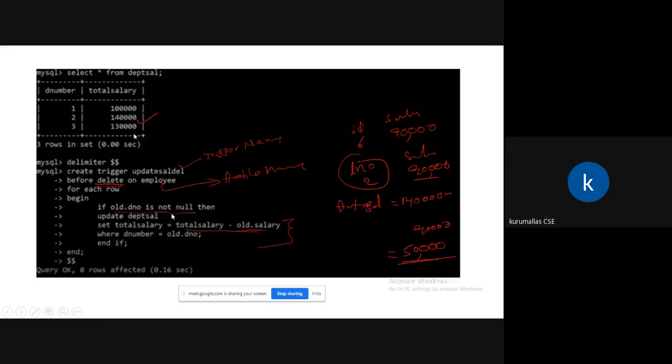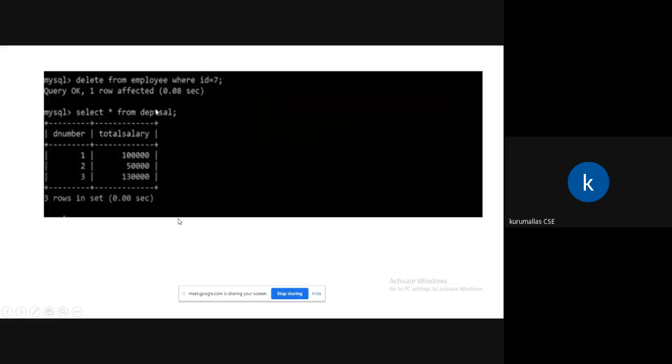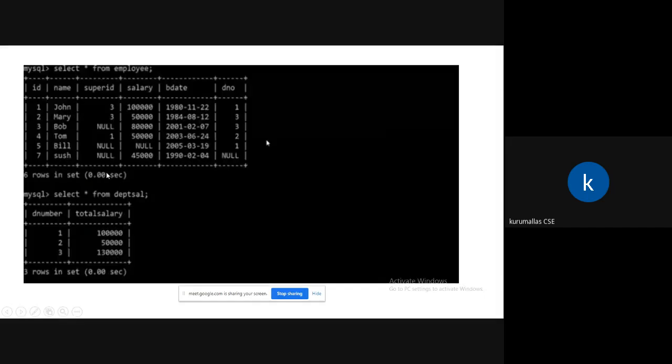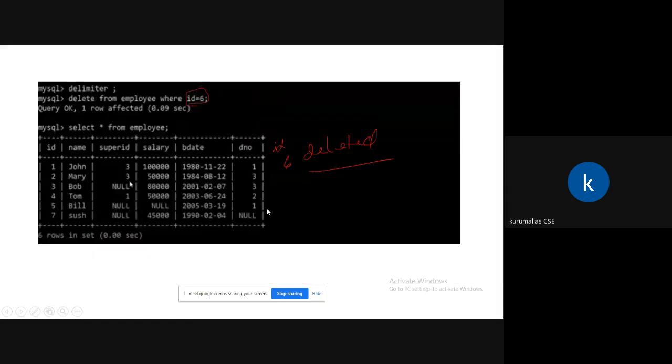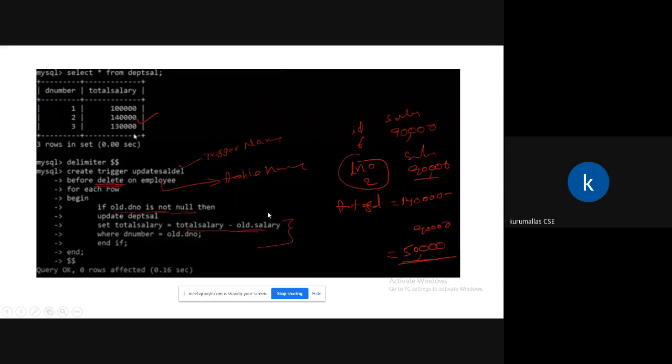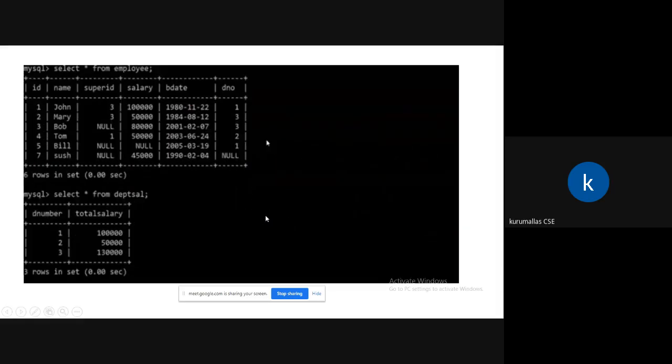If it is null, as in the seventh row where dnum is null, it will not execute anything. The previous value remains, so the trigger will not fire and nothing is updated inside dept salary.